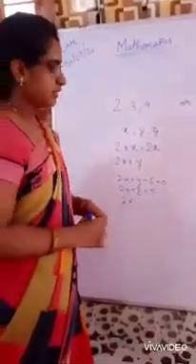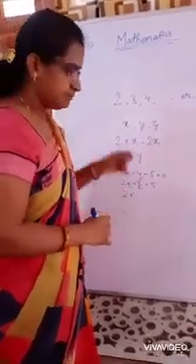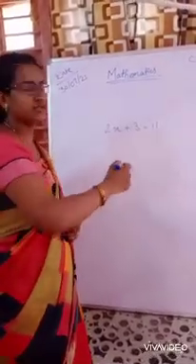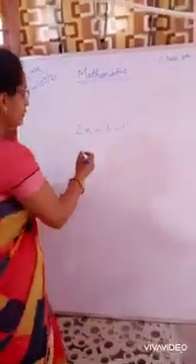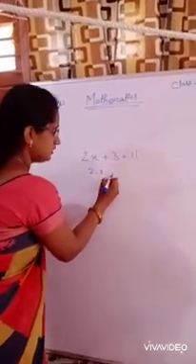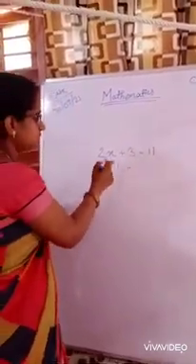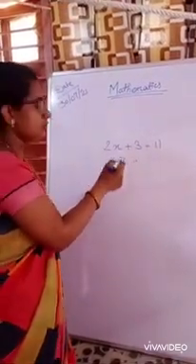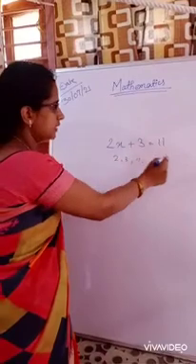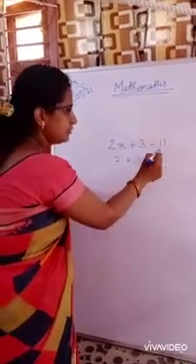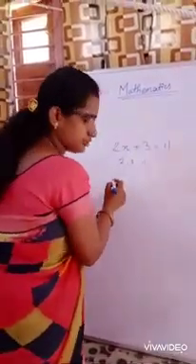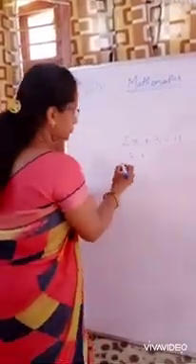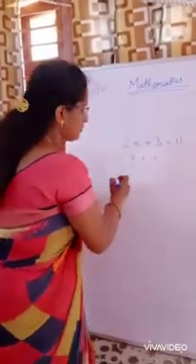So our equation is 2x plus 3 equals y. The numbers 2, 3 and 11 are constants. The value of x satisfies both sides of the equation. We have two sides, LHS and RHS. So the value of x satisfies both sides of the equation, or it is the root.